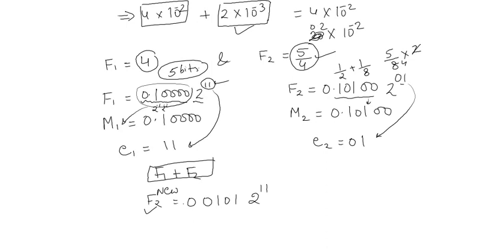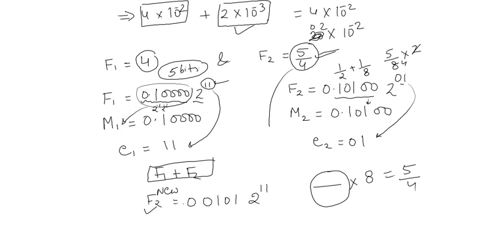So here my new f2 is, so this will be the same, so this will be 2 to the power 1 1, right, because I have to make the exponent the same. So 2 to the power 1 1 means 3, 1 1 means 3, 3 means it is 8. Now I have to multiply by some number. What should be the number so that I can get back this original number, because the original number should not change, right, because we want to represent 5 by 4 using this Mantissa and the exponent.